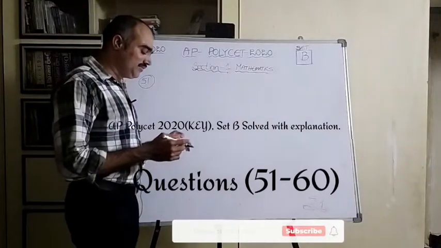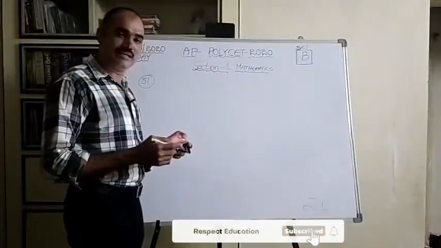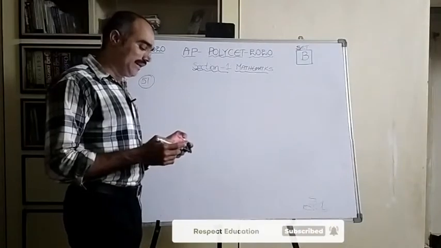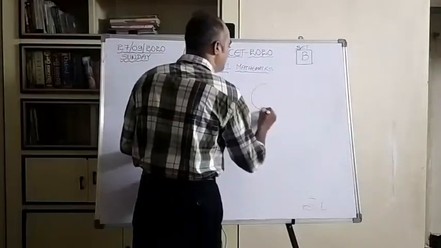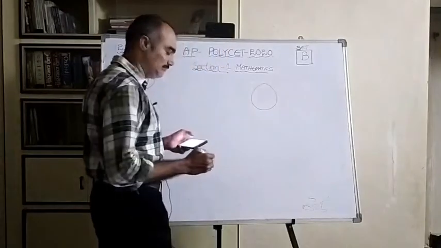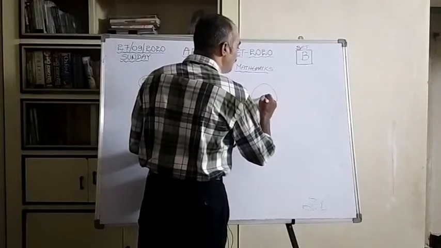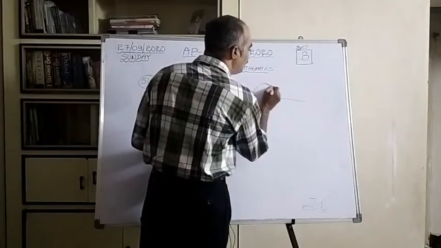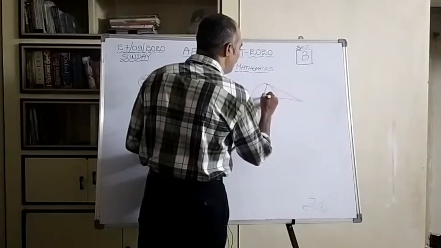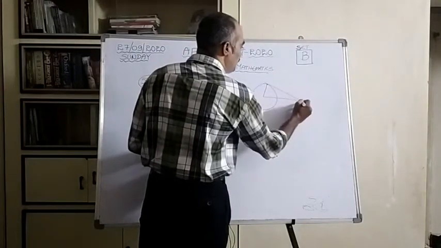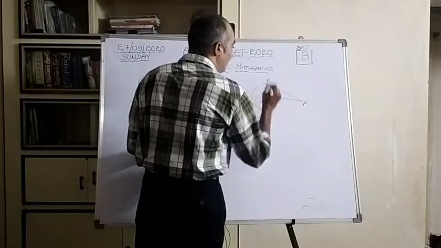The length of the tangent from a point 15 centimeter away from the center of a circle of radius 9 centimeter is dash. See here, there is a circle given whose radius is 9 centimeter and there is a point which is 15 centimeter far away from the center, and we need to find the length of this tangent. So here, for example, this is the point P, this is the center point, this is A, and as you